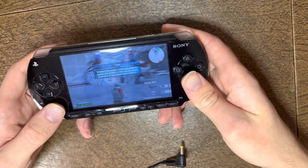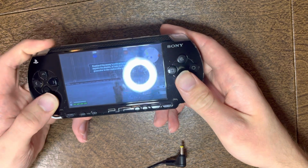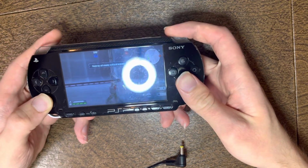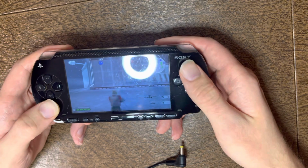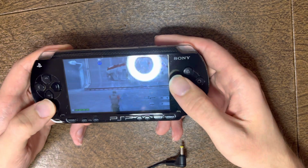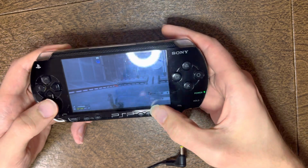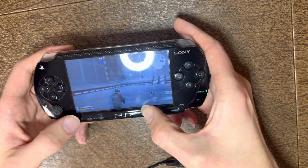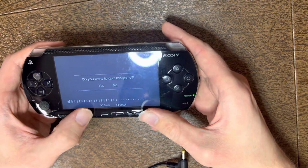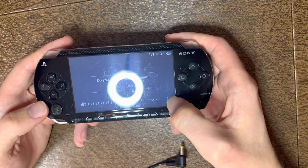So we're first checking the joystick, make sure everything's working right. Then the L button, the run, R button, the aim, triangle, square, select, start, brightness, home button, volume. Sometimes there might be an AVLS or something like that at the bottom right of the screen